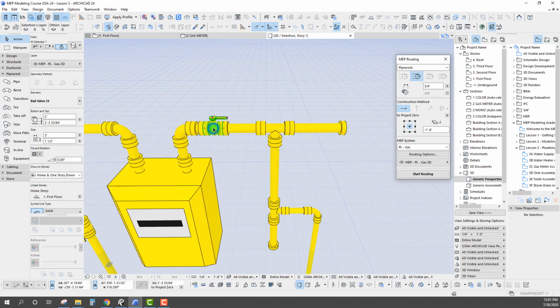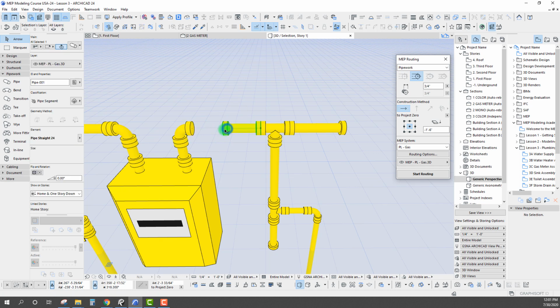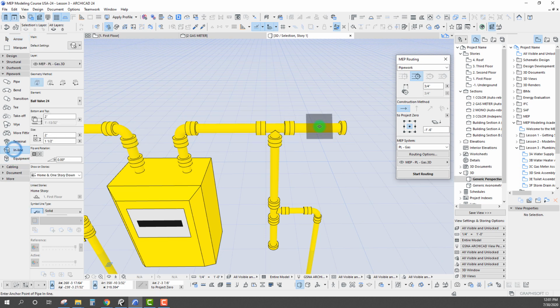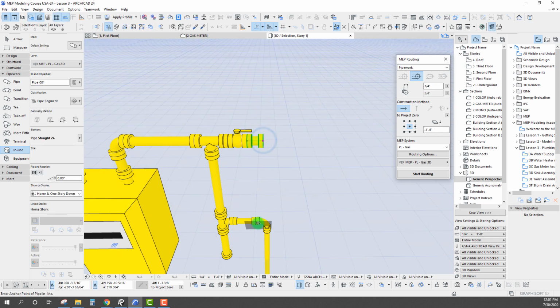So now that we've done that, I'm going to take this. We're going to delete some of these out. We'll connect this over here. And I want to add that valve in on the other side. So we'll grab our inline. So this will be our valve going, in this case, to the house. So we can take this,